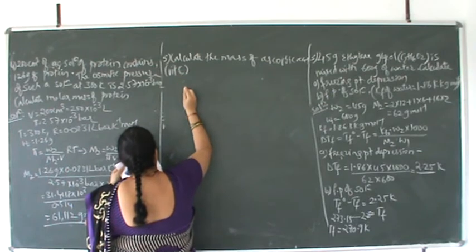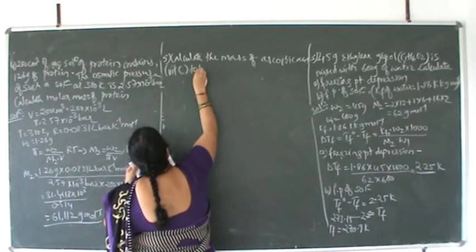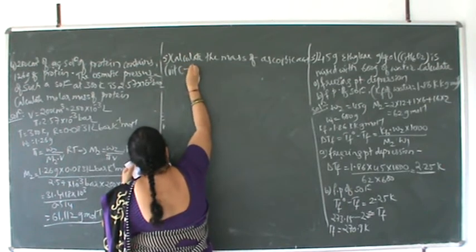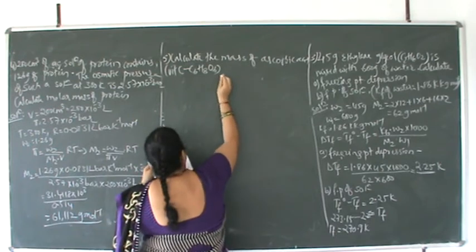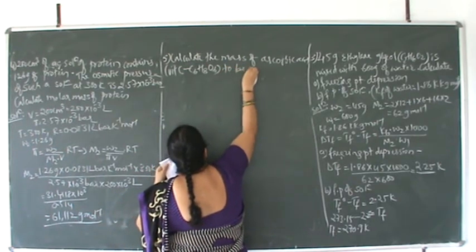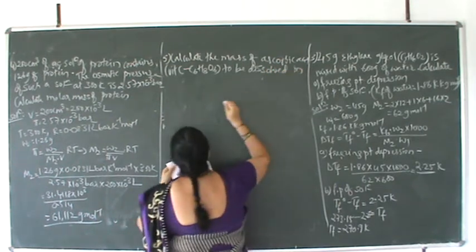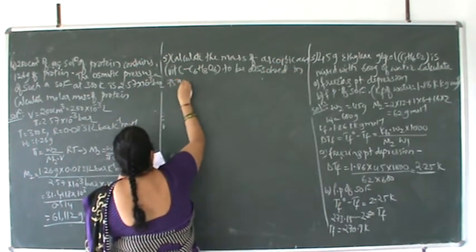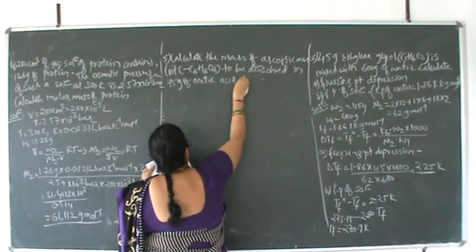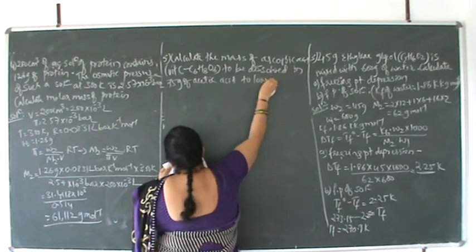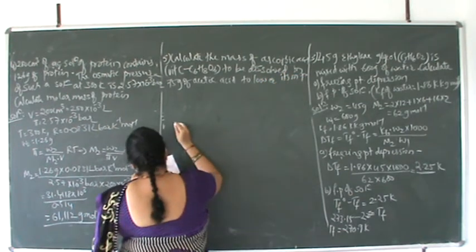Calculate the mass of vitamin C. The formula we don't require, just you want the formula C6H8O6 to be dissolved in 75 grams of acetic acid to lower its melting point by